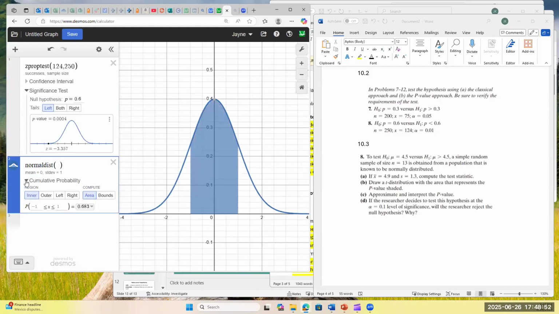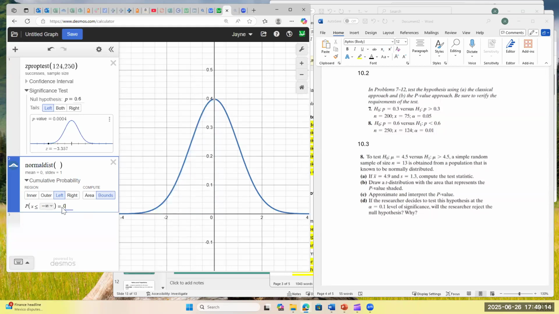Click on this arrow, tell it that I want cumulative probability. And now this time I want to see what the critical z-value is. So I'm going to have to tell it that I want bounds. And again, I want the left bound. And I want the area over here to the left that aligns with my alpha,